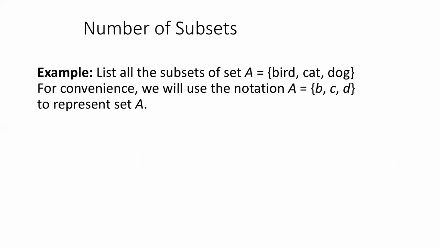The number of subsets. List all the subsets of the set A. So we have bird, cat, and dog, and these could be pets, right? For convenience, we'll use the notation B, C, and D to represent set A. So if we wanted to write the subsets of them,